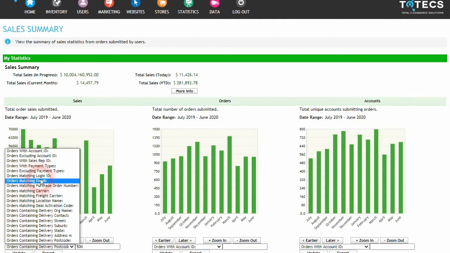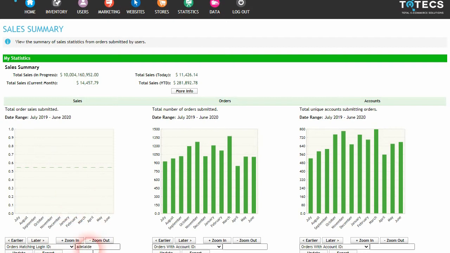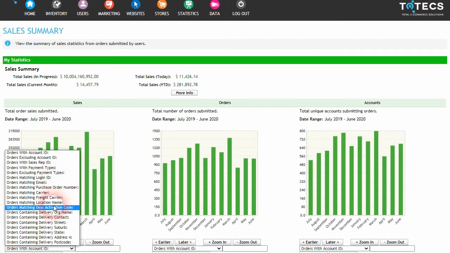So if we want to find a certain user who is emailing over a certain period of time, where their login ID was Adelaide, we can see that there is no user called Adelaide, and that's why we're getting no statistics that are displaying up here. So this is another great tool in the arsenal for the administrators of a given website to understand and to do more in-depth analysis around the orders and the customers at the times that they're raising orders, and how you can then use that information in order to make future decisions on how to increase the sales of orders going